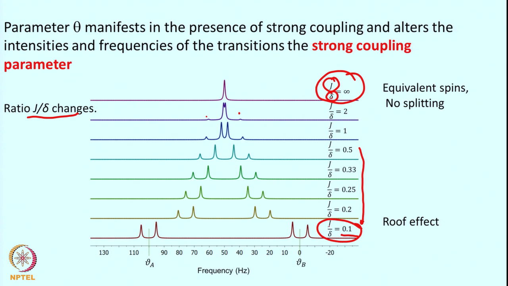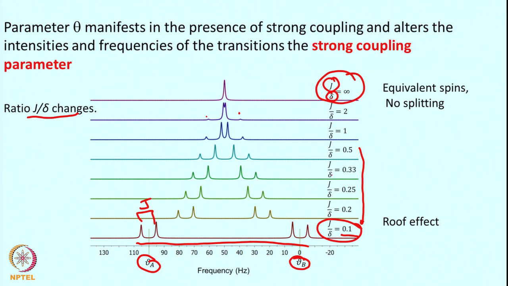So this is the case of weakly coupled spins. Here the chemical shift difference is 10 times more than the coupling constant, so the peaks will be like this, 2 spins separated, and this is the J value between these 2, and these are the resonance frequencies of the A spin and B spin. So this is weak coupling, and this is magnetically equivalent spins. The rest are for strongly coupled spins.